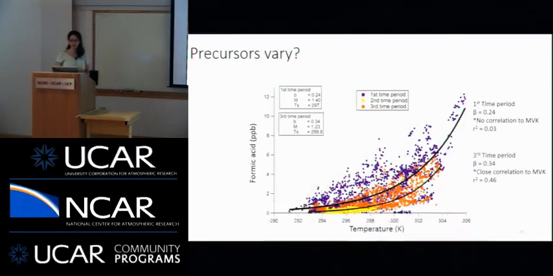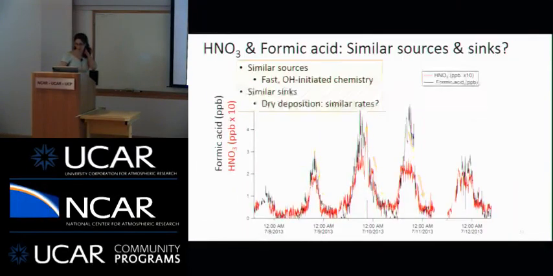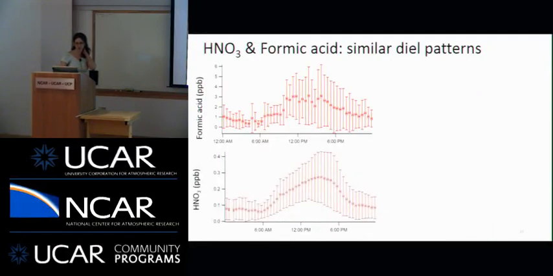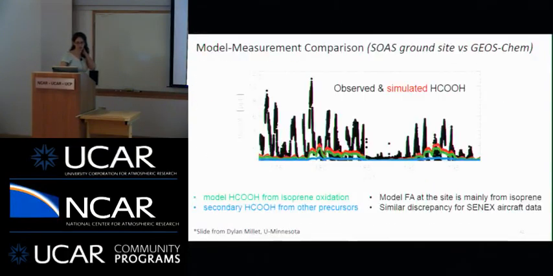Well, if you can come up with another source, I'll go back to this slide. If you can come up with another source, you can form the formic acid. If you can have a direct emission, I can certainly do the back of the envelope direct emission that's required, but I know it will be very, very large. If we have a direct emission, we would get that rise, but we would still need the fall every day in the afternoon to work too. So we still need a sink, but yes, I'll check and see how much formic acid would have to be emitted to make that up. It's a good question.